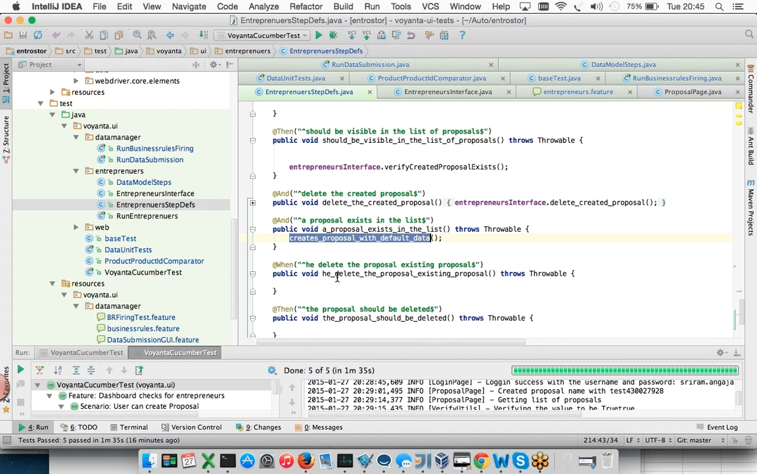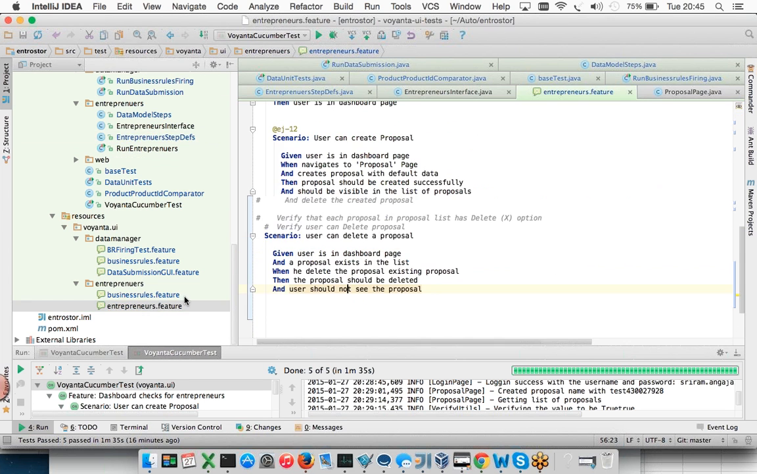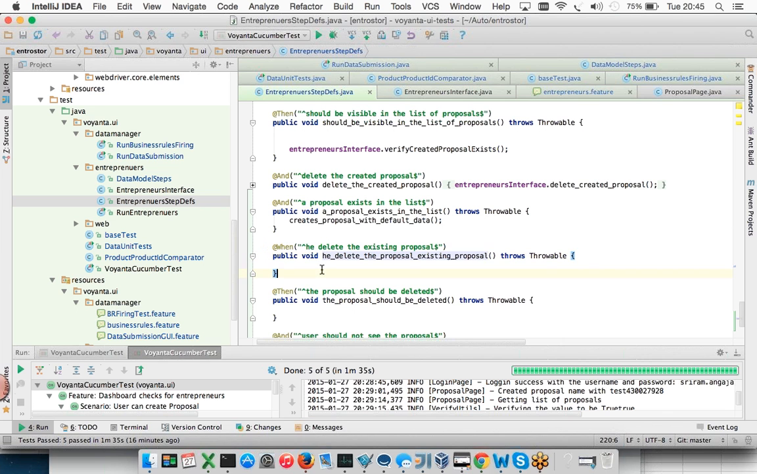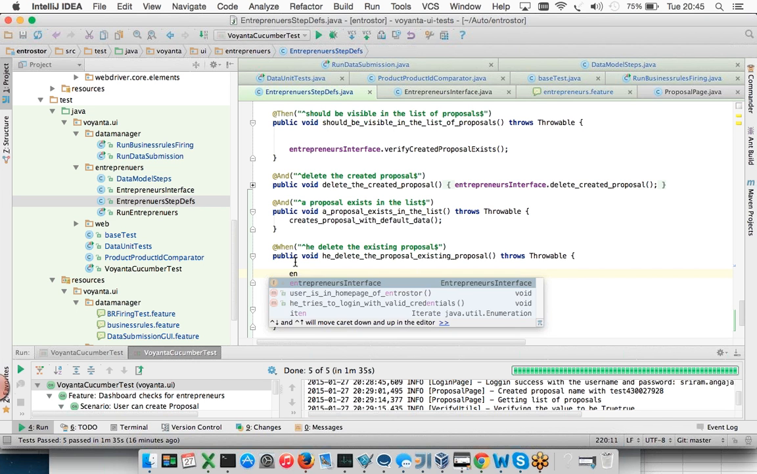Now the next step is he deletes the existing proposal. I'll just change this. So he deletes the existing proposal. But how do we get the name ID of that proposal? First of all, there are two things. We need to delete the existing proposal. Here you always have to create your method in the interface. So first of all, put entrepreneur interface dot